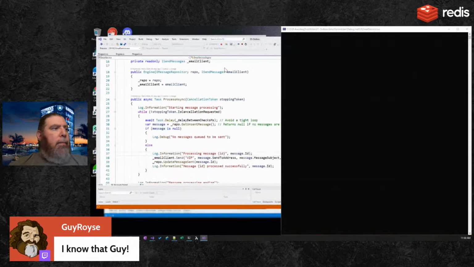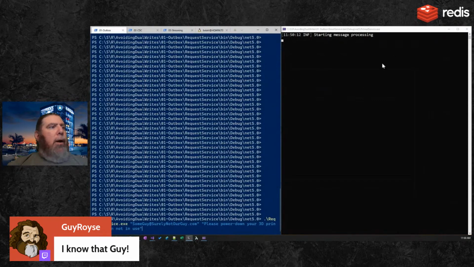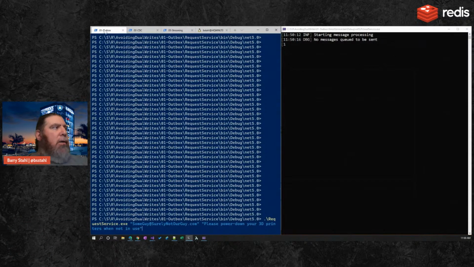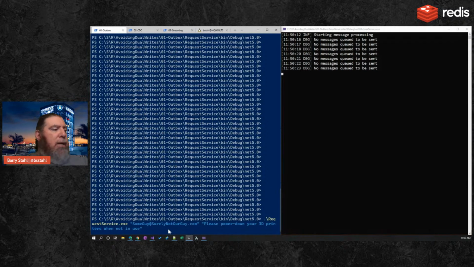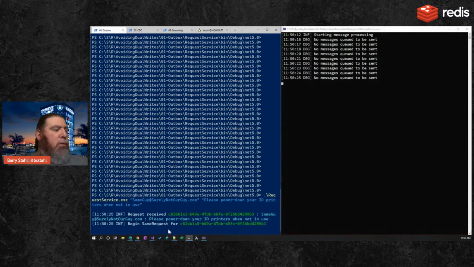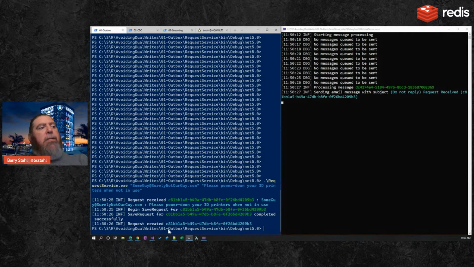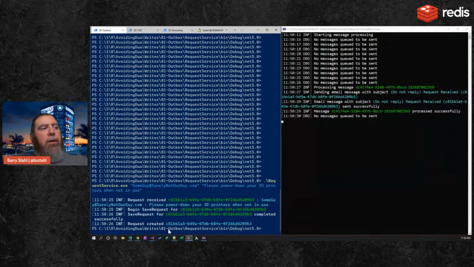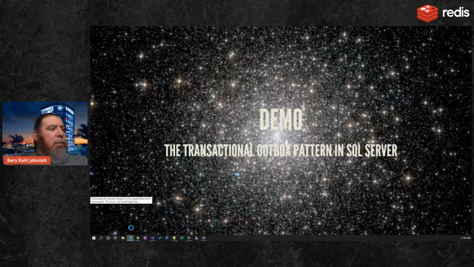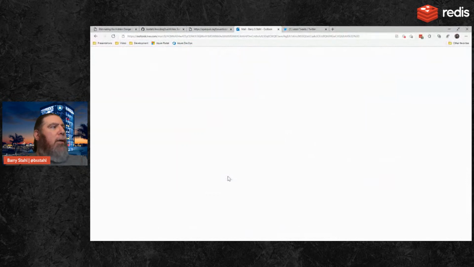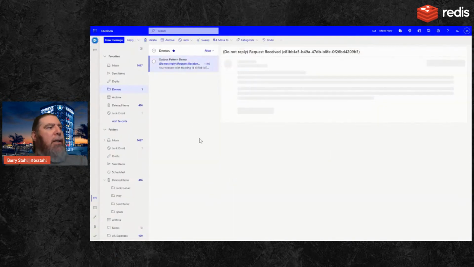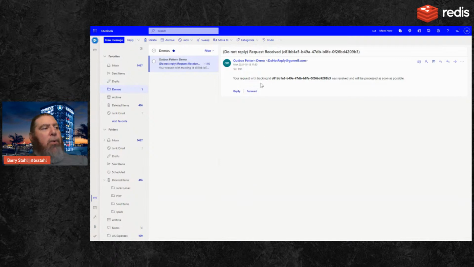Okay. All right, so that message processing is starting over there. And you can see that right now it knows that there are no messages that are queued to be sent. And if we go ahead and submit this request, it pushes that up to the database, and our monitoring tool finds it and goes ahead and sends out the email. And if I go back into my email here, where I have it all filtered out nicely, you can see that we just got a "Your request with tracking ID so-and-so was received and will be processed as soon as possible." This is really crappy customer service, but